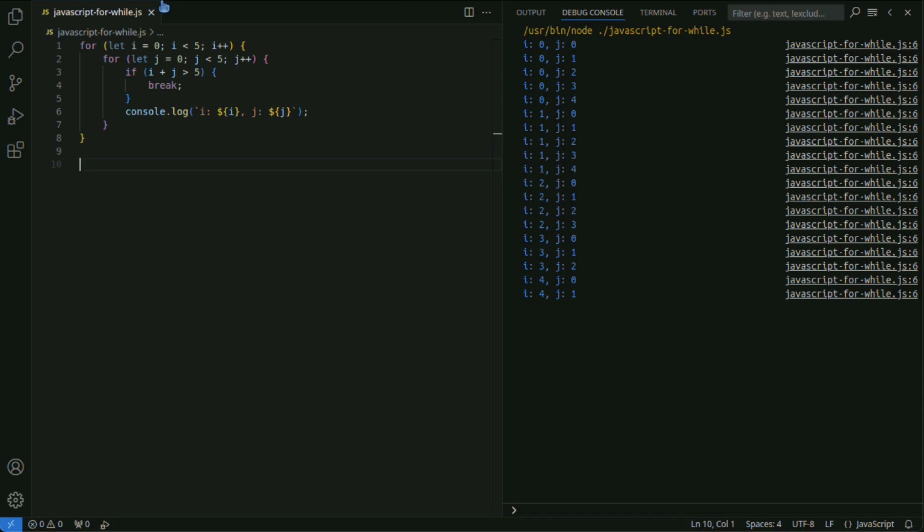Move calculations outside. Instead of performing the same calculation inside the loop each time, you can perform it once outside the loop and use the result to make the process more efficient.